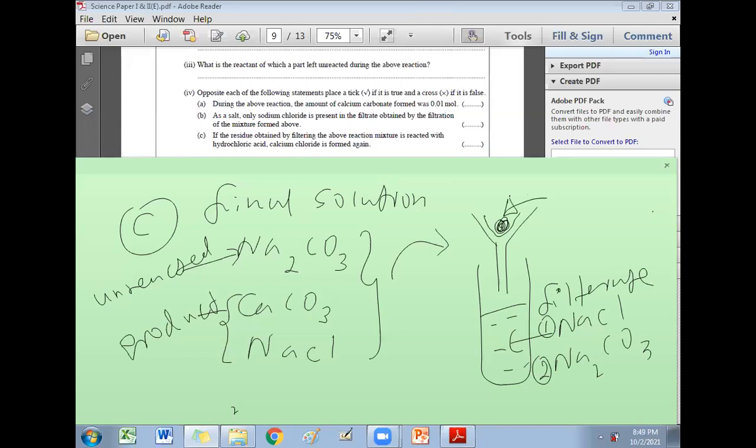Actually, I can just put a cross sign and right click and move to the next one. But I want you to learn this. They will change this reaction. They can change the reaction. I can ask this question again in the oral papers.